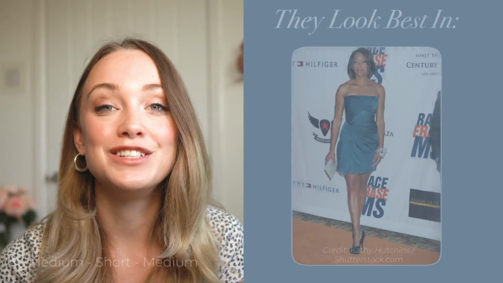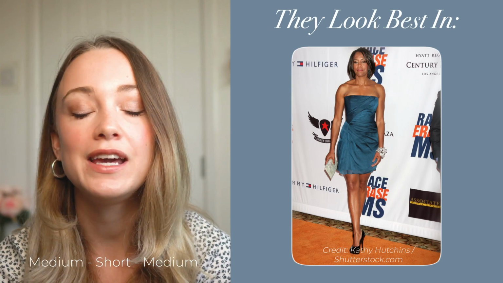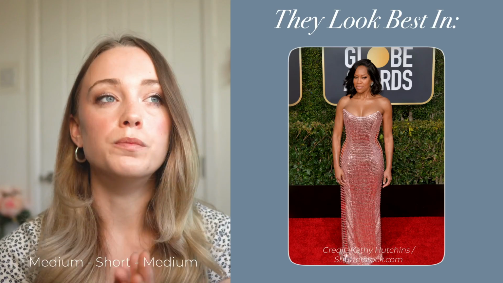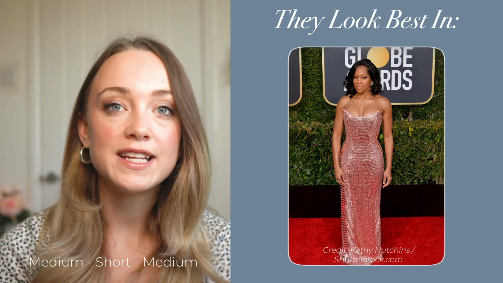You might also see types here where you can't decide if they're a soft natural or a flamboyant gamine or a soft gamine. They're a little bit stronger in bone structure than the gamine types, and they also fall somewhere between soft and straight as well. So this type looks best in short lines, so that's typically above the knee, but also above the hip or above the ankle. They look good in shapes which are open, so not flared, not cinched, but somewhere in the